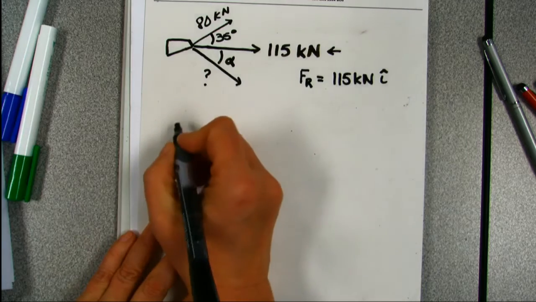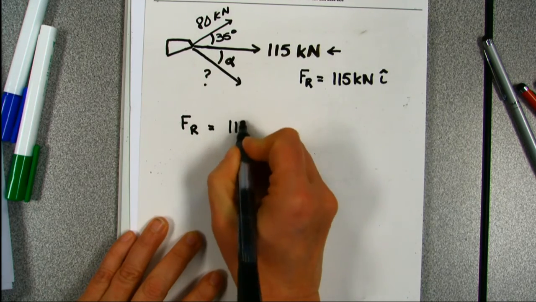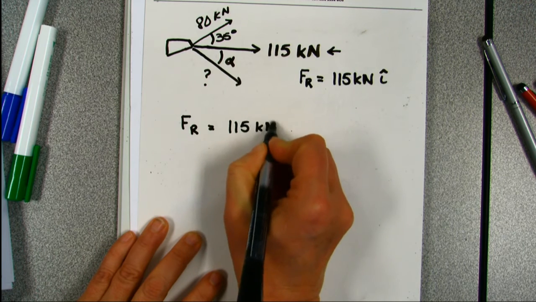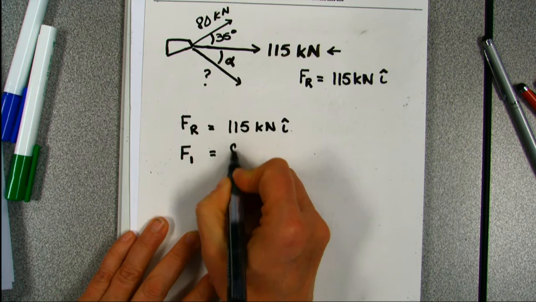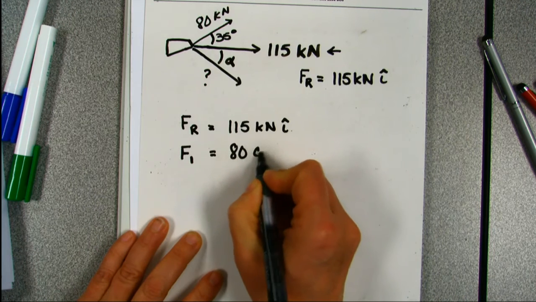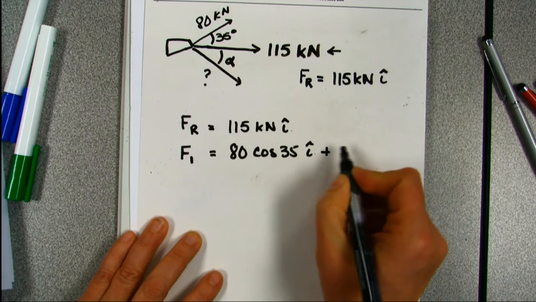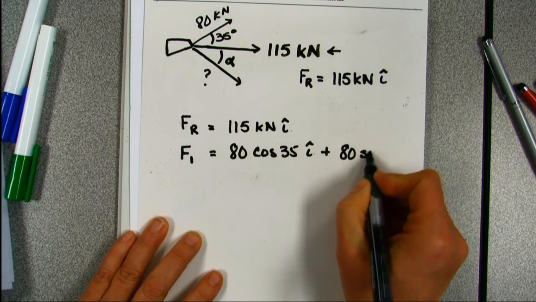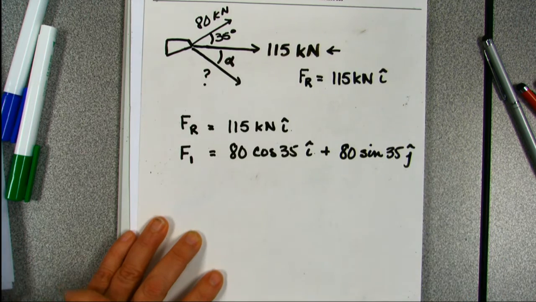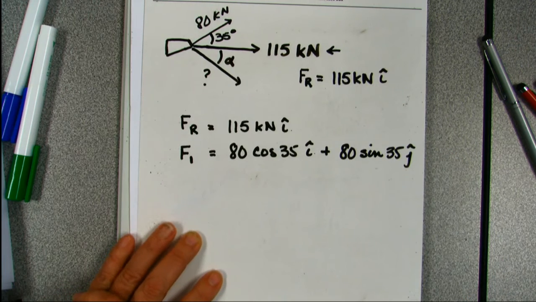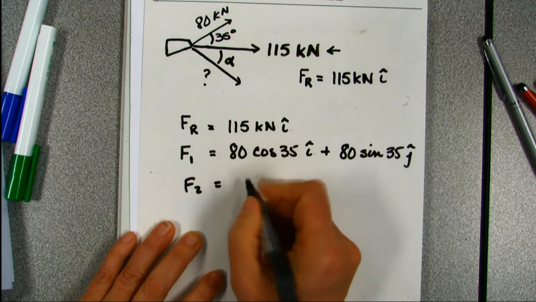The way I'm going to approach it is that the resultant force is 115 kilonewtons in the i direction. We know force 1 is 80 cosine 35, and this is 80 sine 35. We know that force 2 is going to be